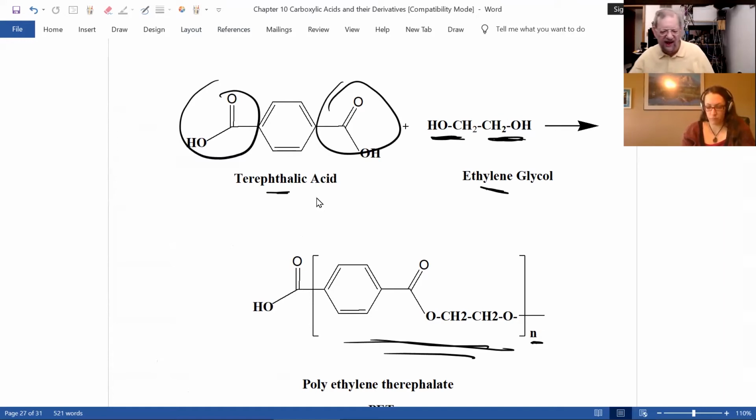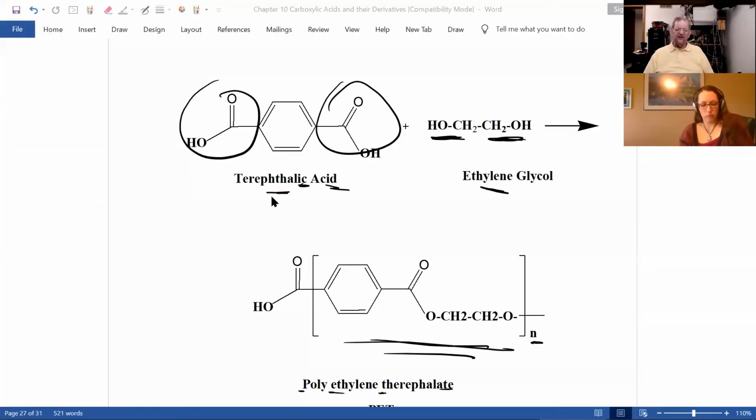Now, let's look at the name of what I made. Now, it's an ester, and the R prime is called ethylene. CH2CH2, like in organic chemistry you have methyl, that's called an ethylene group. And for an ester, you drop the IC and the word acid, and you add ATE. So this would be polyethylene terephthalate. Polyethylene terephthalate.